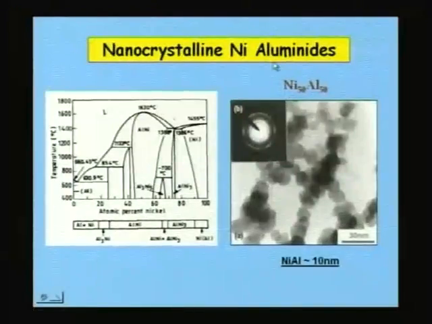So one has to consider how to control the growth of these nanograins. The grain coarsening has to be controlled. If one can control the grain coarsening, one can definitely achieve high strengths at high temperatures in these intermetallics. And one more important point to note is that it is very difficult to make them by the normal conventional route, because, as I told you, most of these intermetallics have very limited composition ranges, and